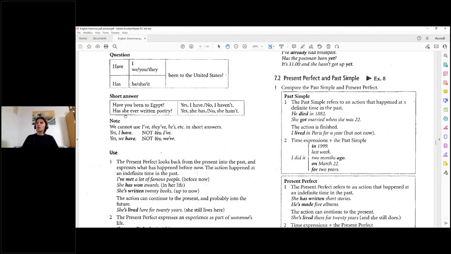Short answers: have you been to Egypt? Yes, I have. No, I haven't. But let's focus on